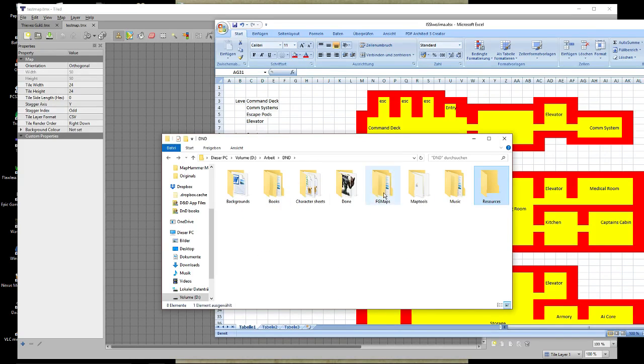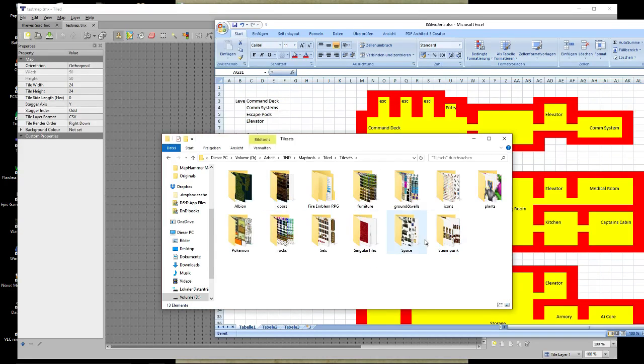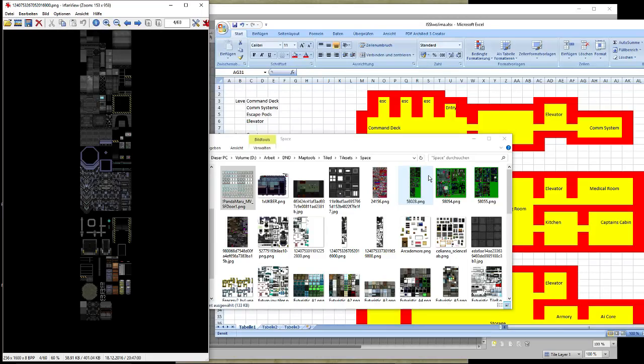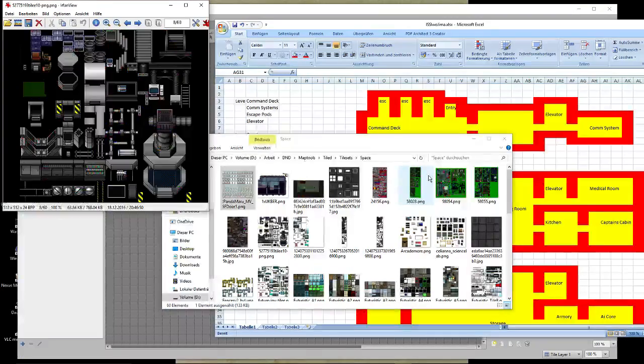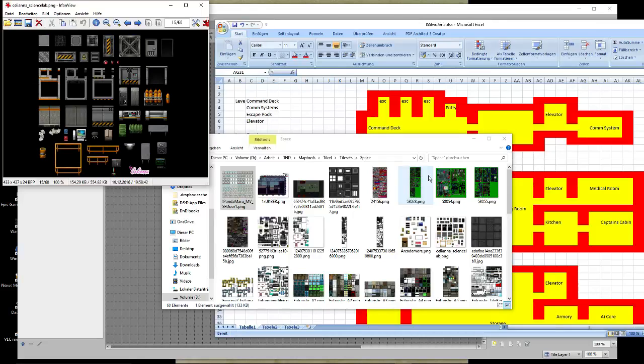Resources. Oh wait, no. Map tools, Tiled. Tile sets. So this is usually the space where I figure out which tile set would be the most appropriate for this map. Now I really like this one, and I've used it for quite a lot of maps. But I think I got a new sci-fi one out of a sale from, oh, how is it called? The